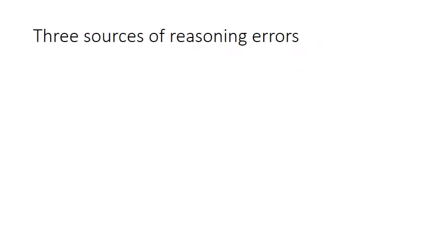And in order to do so, we must first of all understand the three sources of reasoning errors. So I hope by now these will be known. This is what we've covered in the lecture on why we are irrational, on the evolutionary origin of our reasoning errors. And so we've seen that there are three major sources of reasoning errors.